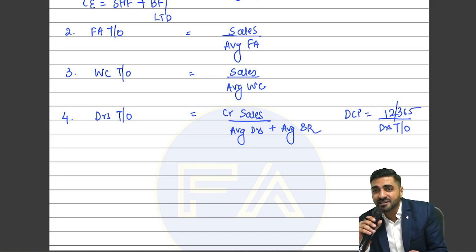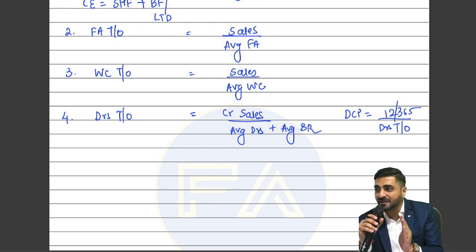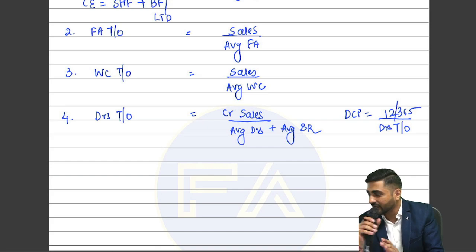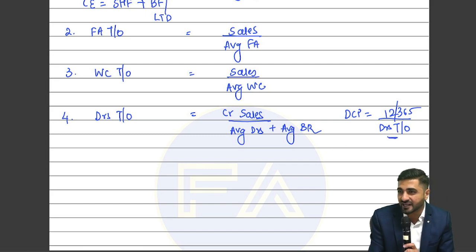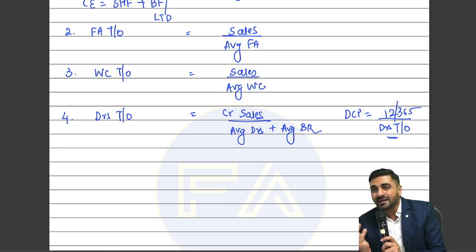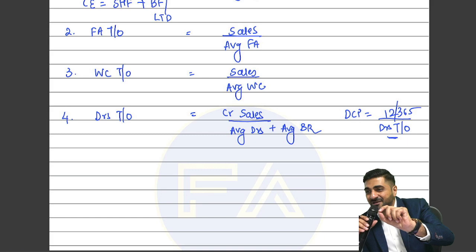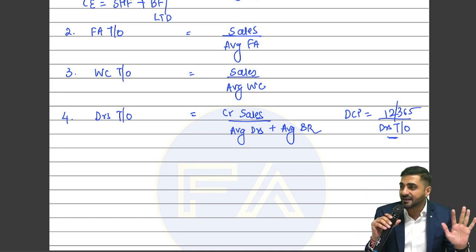Okay, understood? So debtors turnover ratio and debt collection period can be calculated simultaneously. And then if you want, you can apply debtors turnover ratio here in the numerator and then substitute and get the final debt collection period. Come on, yes or no? Yes, sir. But there are too many ways to understand this formula. One of the most easiest ways, if you know what is debtors turnover ratio, simply take the time period, divide that by debtors turnover ratio to get the debt collection.